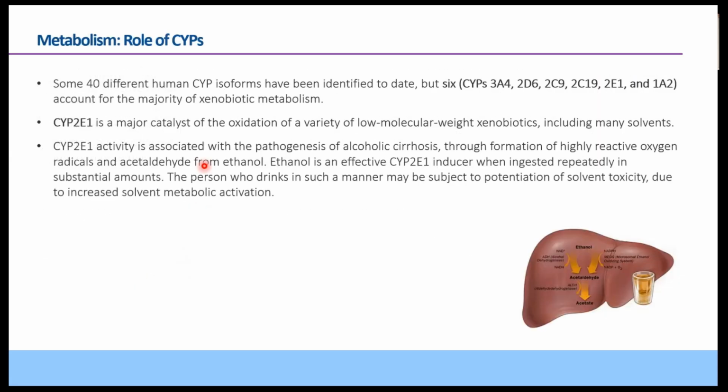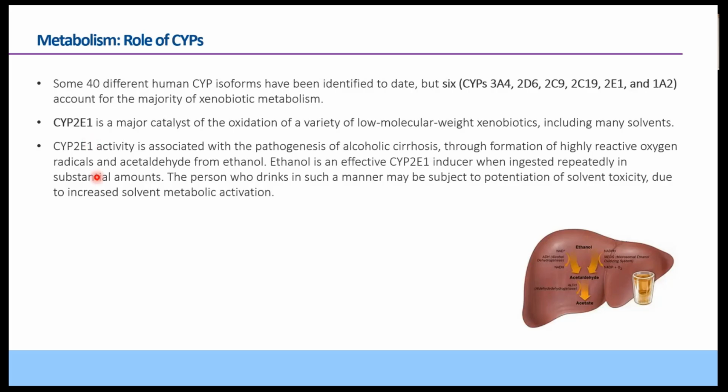Then, what is the role of CYPs or cytochrome P450s in metabolism? So, some 40 different human CYP isoforms have been identified to date, but six, which include CYPs 3A4, 2D6, 2C9, 2C19, 2E1, and 1A2, account for the majority of xenobiotic metabolism. And CYP2E1 is a major catalyst of the oxidation of a variety of low molecular weight xenobiotics, including many solvents. So in this whole chapter, you will see that mainly CYP2E1 is responsible for the metabolism of most of the